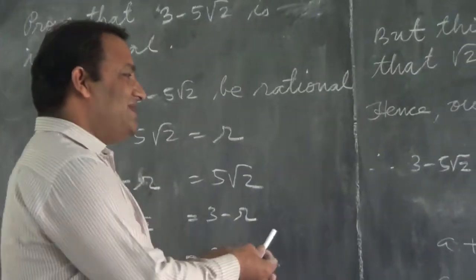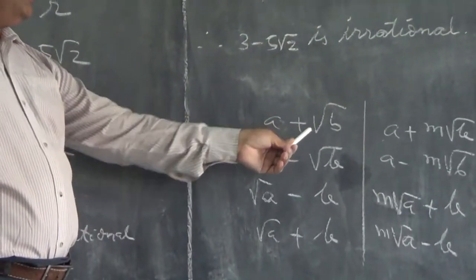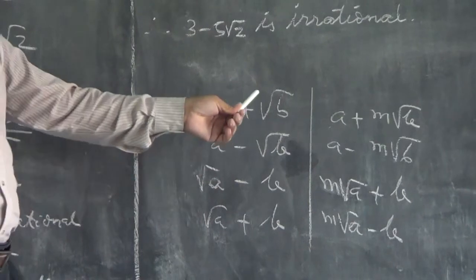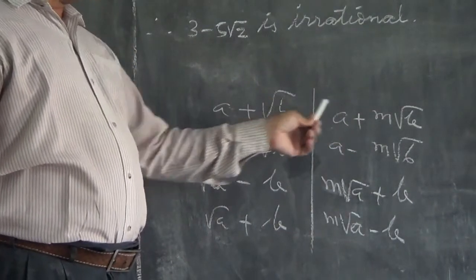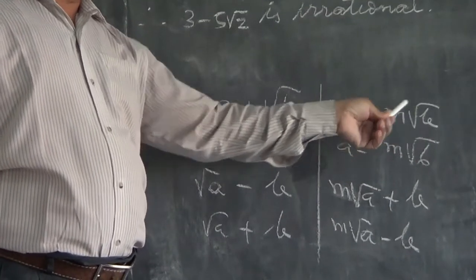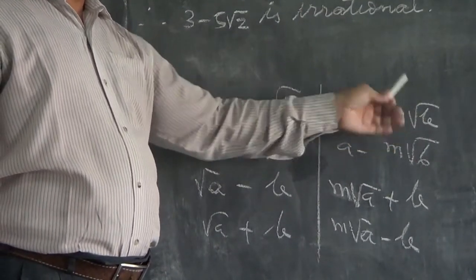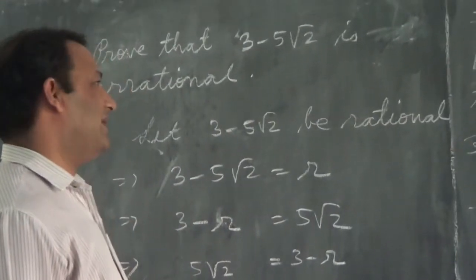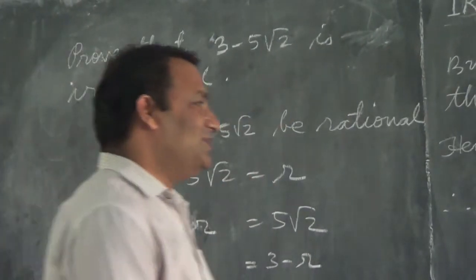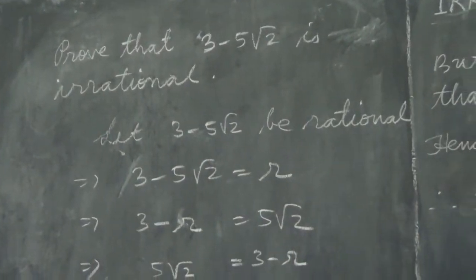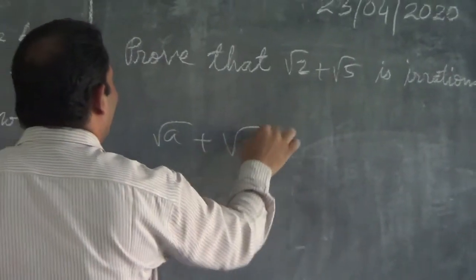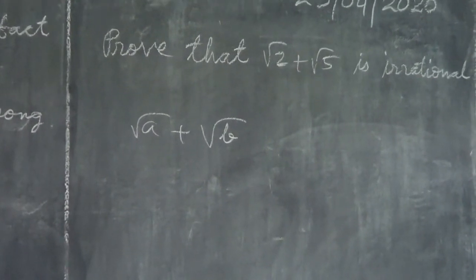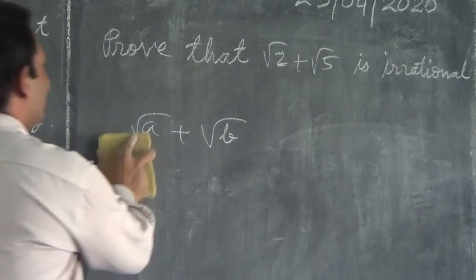Whether the first number is rational and second irrational, or first is irrational, second irrational. See here. Here only root b, but here I have written m root b, like 2 root 3, 5 root 2, 2 root 7. So all these formats, expression of all these formats, you can prove in this method. But that is little different. So what is the pattern here? Both are root, like root a and root b. This is a different pattern. So I will do one question of this pattern, how to do that. So here also we can use the same method.